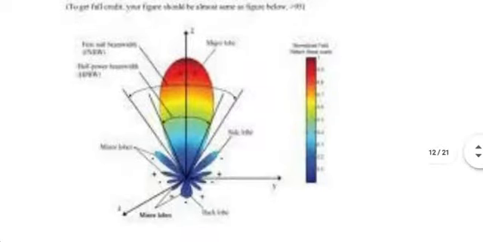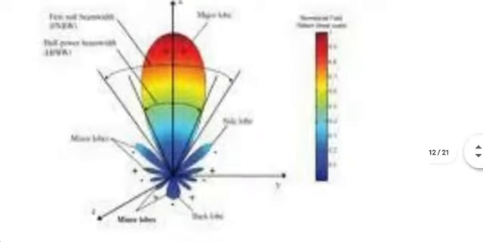Same thing described pictorially. You probably cannot read everything, but I think you can make out. Half power beam width, main maximum, side lobes, nulls. Maxima can occur on the backside also. Fortunately, in this case, the principal maximum is very large compared to other maxima. Other maxima are known as secondary maxima. You ideally don't want them. In practice, you try to make their amplitude as small as possible compared to the amplitude of the main maximum or principal maximum.